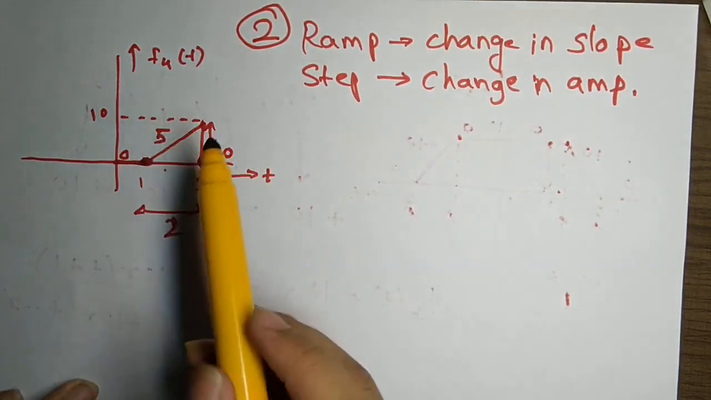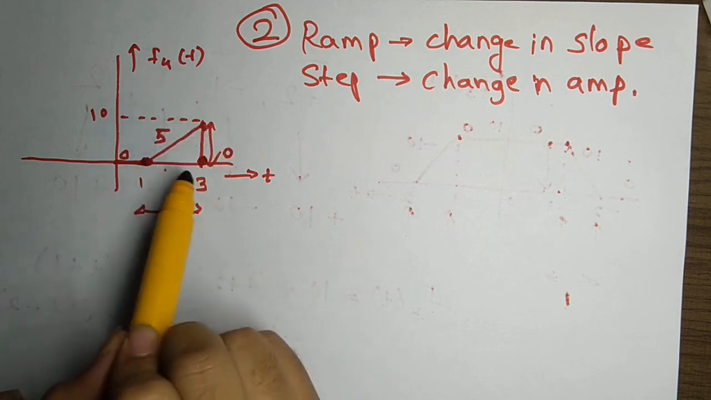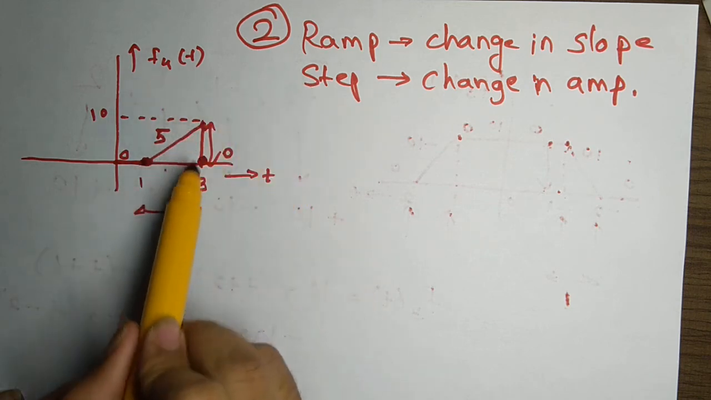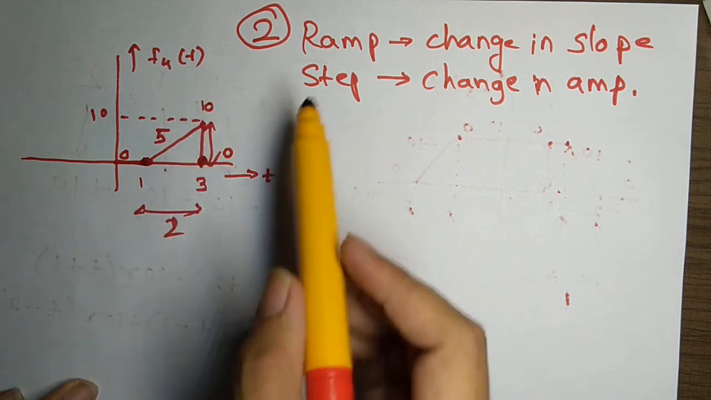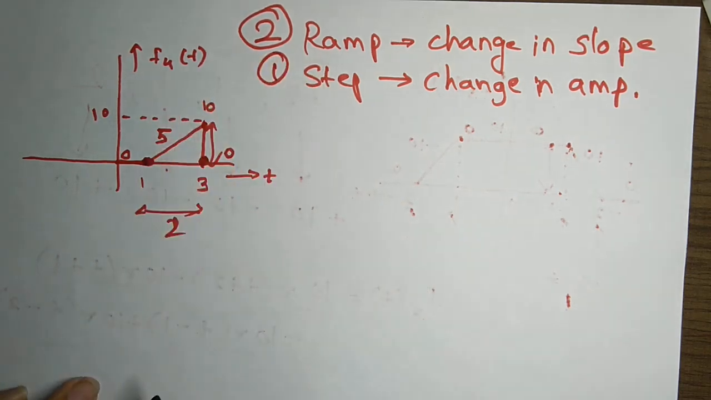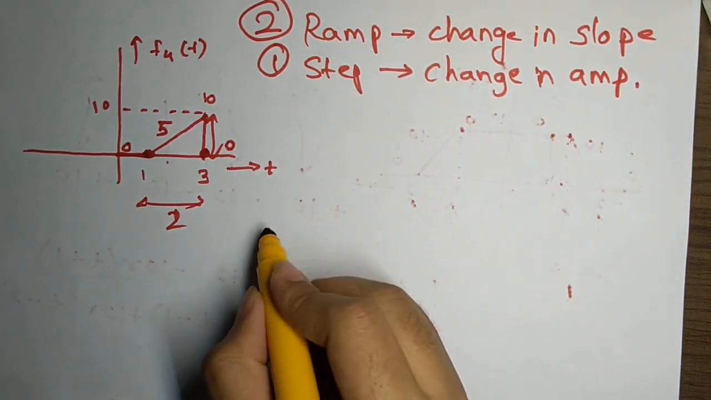Right? We'll observe that in the equation. And how many points are of step? Here there is a sudden change in amplitude from 10 to 0. So there is one step signal. So we'll write the equation for this signal,